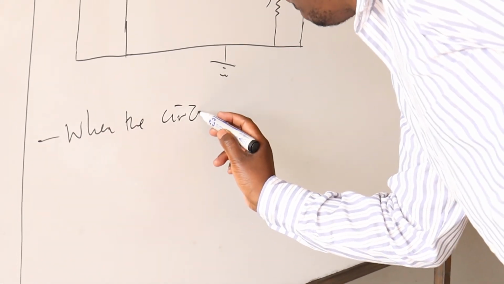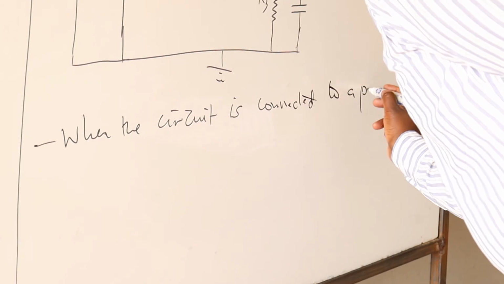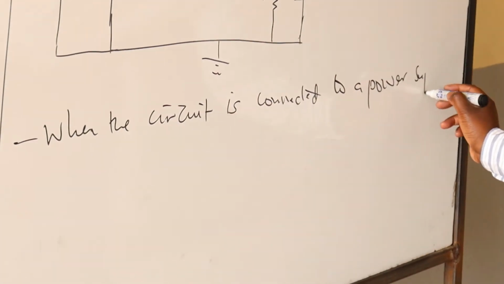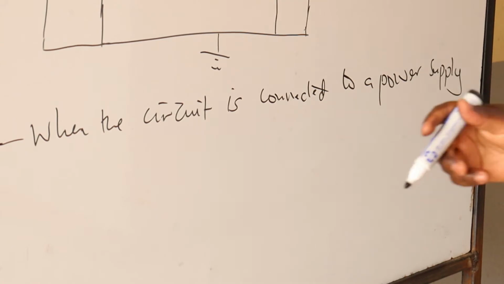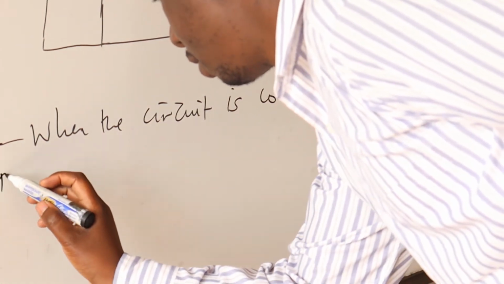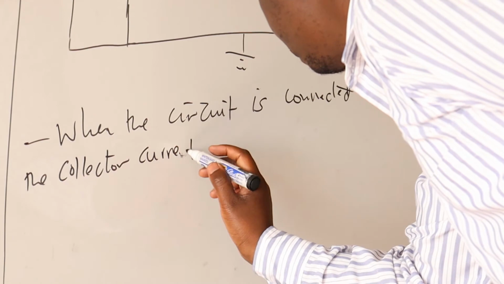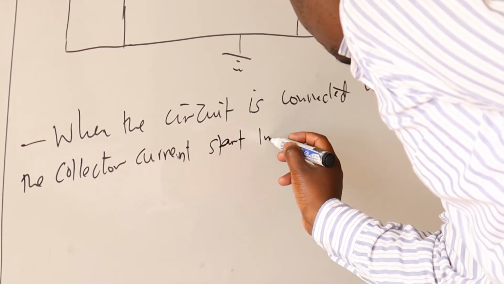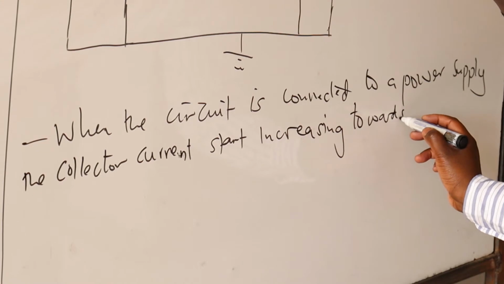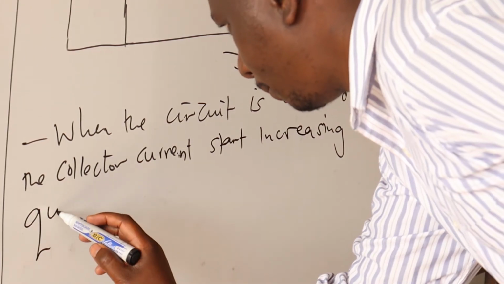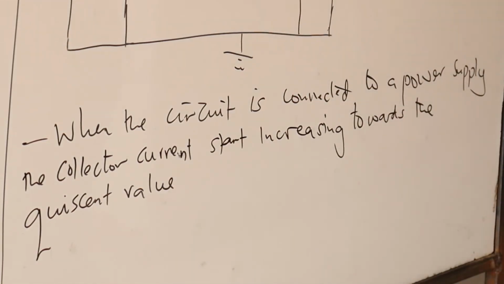When the circuit is connected to a power supply, the collector current starts increasing towards the quiescent value. And this current charges the capacitor,